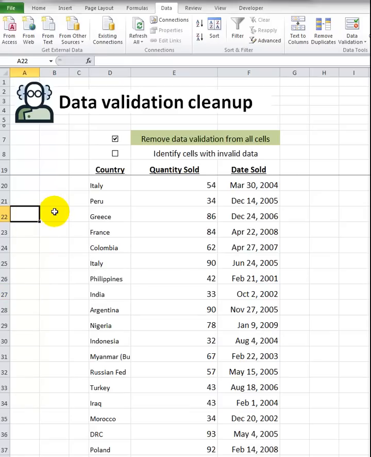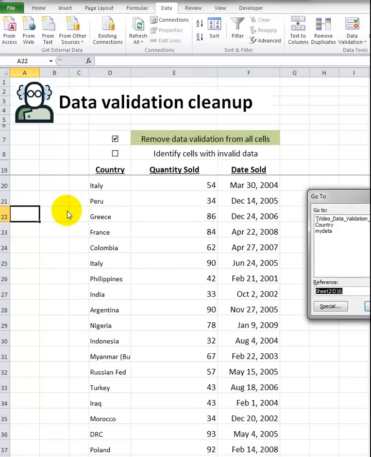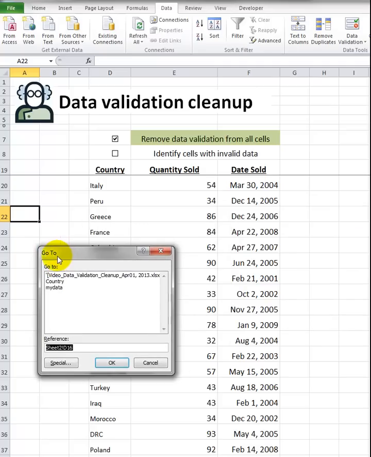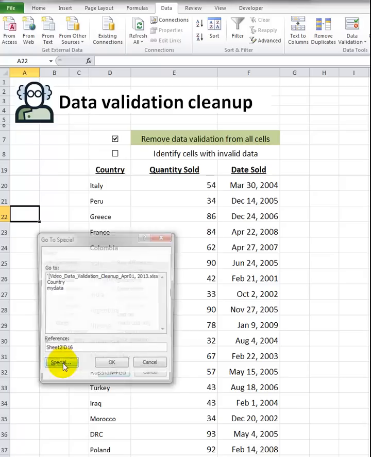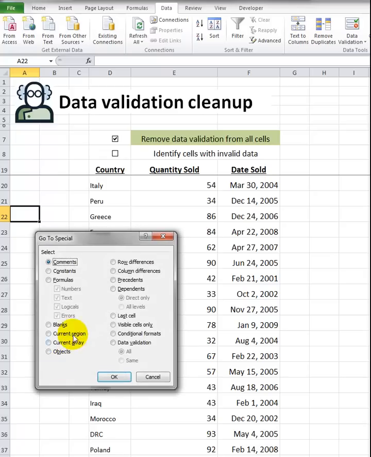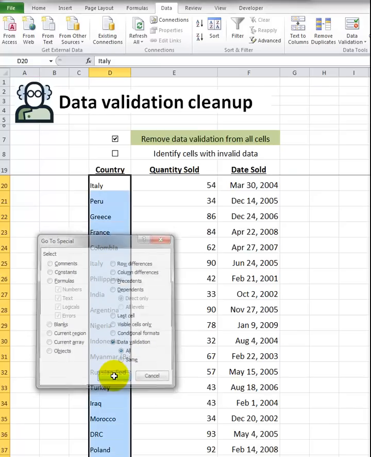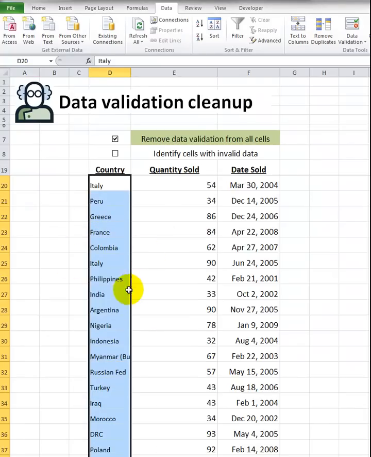So we hold down the control key, press the letter G, and here is go-to. It's also on the home tab at the top of the ribbon. But go-to and then special, and then we want to select data validation. And we want to say all. So then I press OK, and now it's got all the cells in this sheet that have data validation set